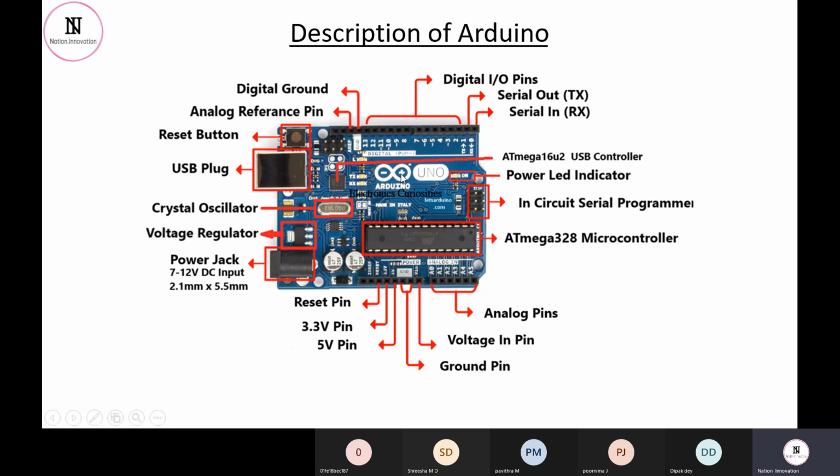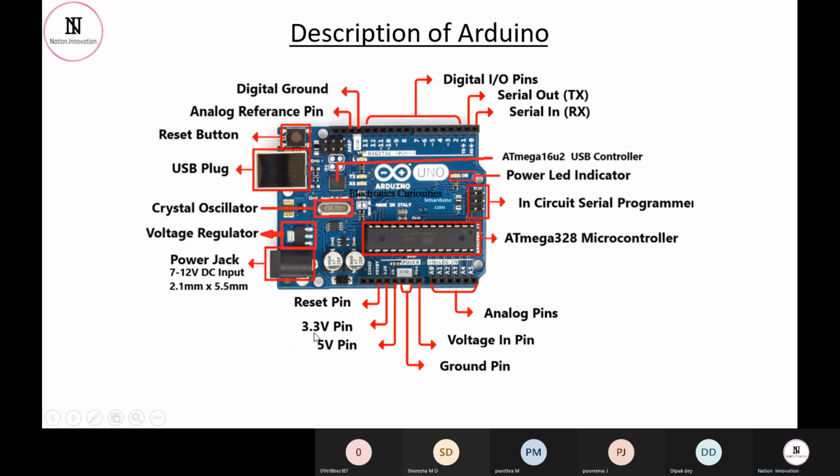Fine. Now the next thing we are going to consider is the different ways we can supply power to the Arduino board. If we go to this side, we can see the power lines available for the Arduino. We have a reset pin or reset button. If you want to reset your whole system, whole program, you can use this button. Otherwise, if we have multiple connections of multiple boards, we can use this reset pin as well to restart the functionality.